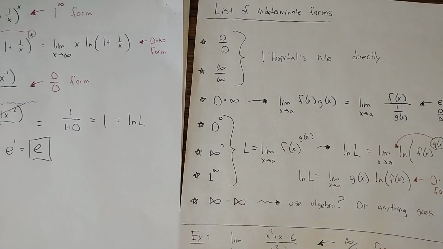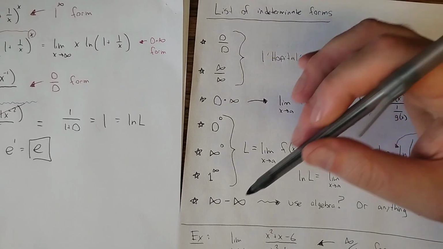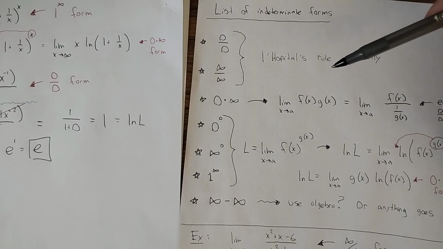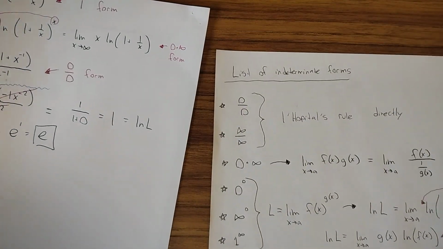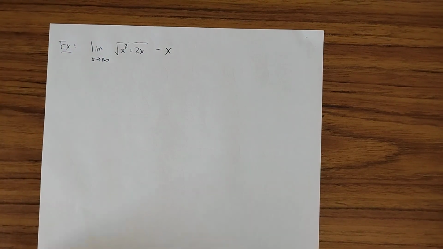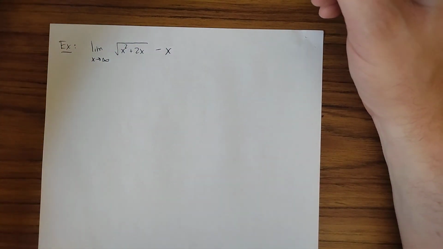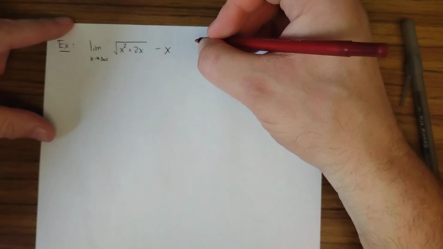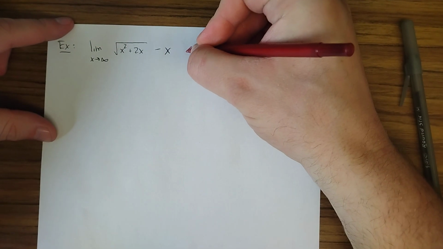In general, anything goes, as long as it's correct, right? It's hard, or impossible, to give advice that's going to work all the time on infinity minus infinity. It just depends on what you're looking at. But I'll do an example. Let's take a look at this one. And indeed, this one is infinity minus infinity,